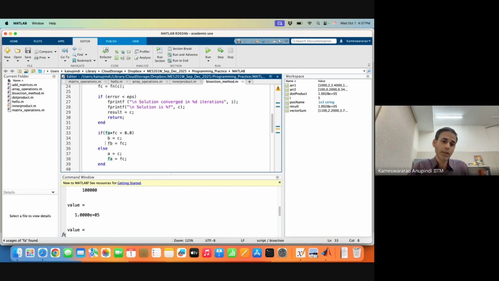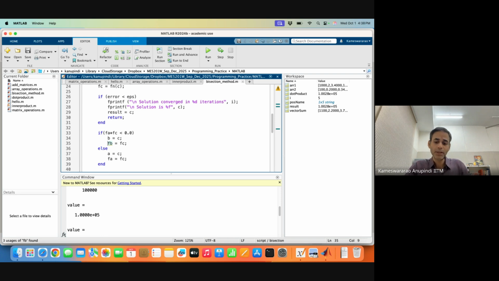That means my new b is going to be the value of c, and then fb is going to be fc. Okay, I am again not calling the function of c or function of b here, because that is redundant. That is kind of time consuming, right? Because I have already calculated this thing. The function value is available in fa, fb, fc, so I can directly assign it rather than recalling the